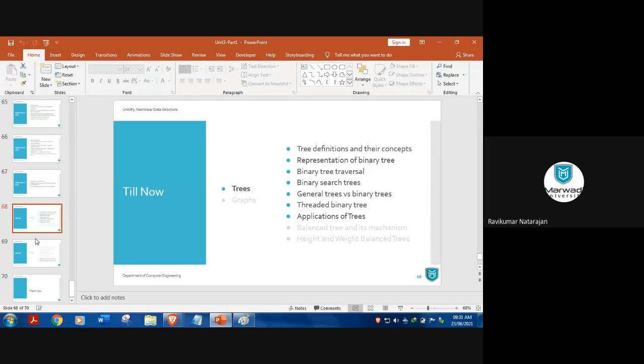Delete a node with no child, with a single child, and then with 2 children. In that 2-child case we have applied two kinds of sub cases, successor or predecessor. We have applied the successor. Can you remember what you did while deleting?